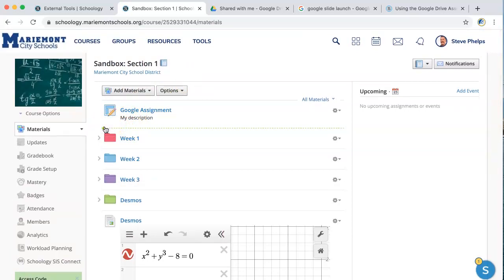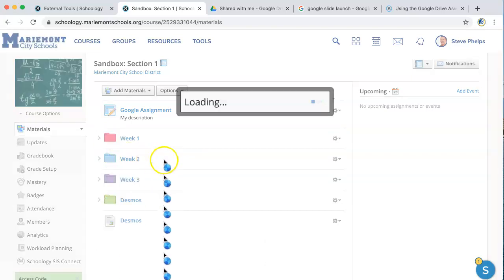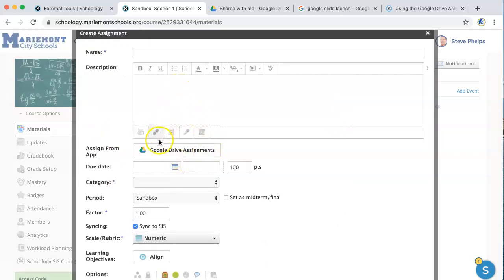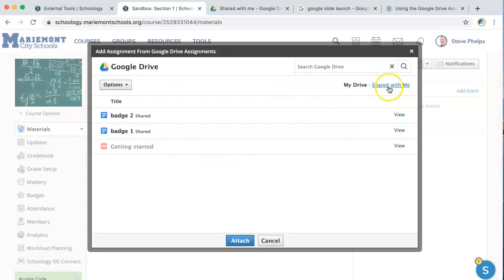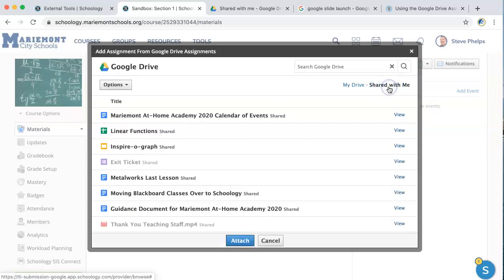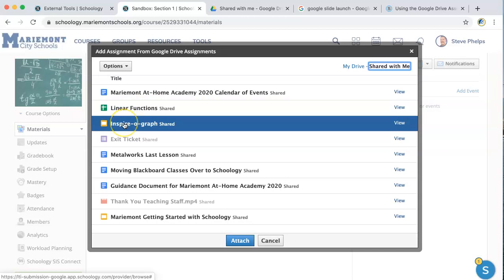Again, it's not just docs that I can add. If I click on that little plus sign again and I add another assignment, I've had some other resource apps shared with me. I'm going to go ahead and click on the Google Drive resource app. And on the far right side of this dialog box, there's a Shared with Me. If I click on the Shared with Me, I can insert a Google Slides presentation,